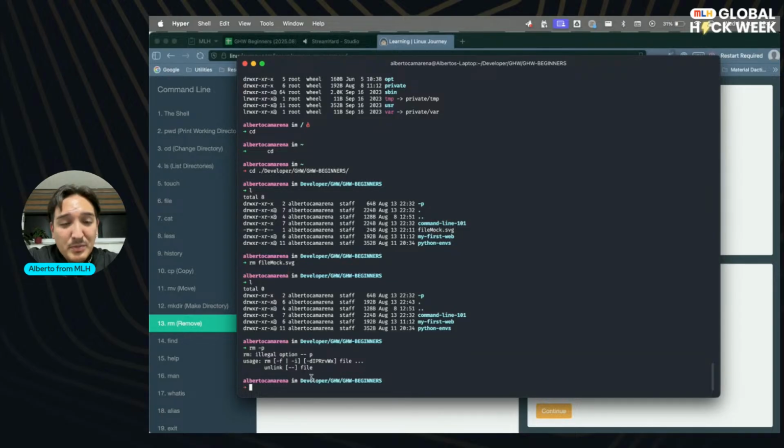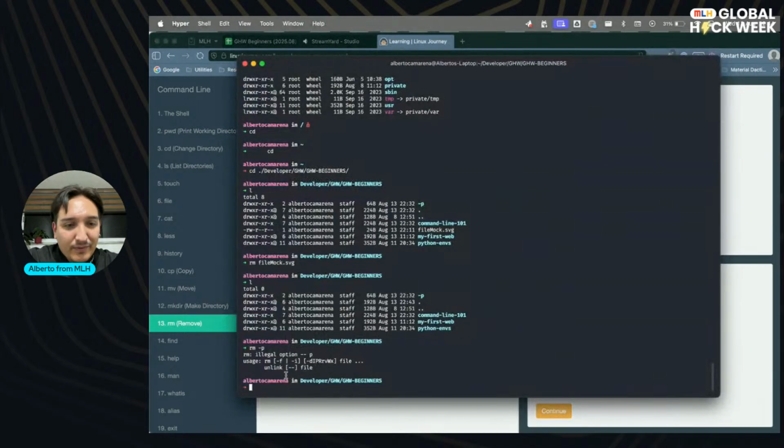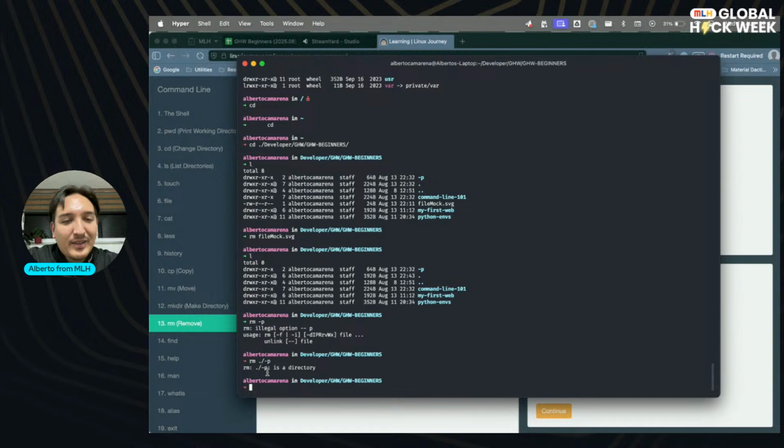Legal option minus p. Okay, that's a problem because yes, it's called that way. That's a great question. Oh, I put myself into trouble here. Okay. What I did, we cannot delete directly this minus p because the minus says like this should